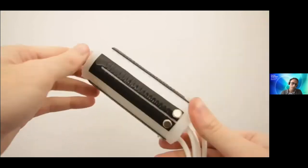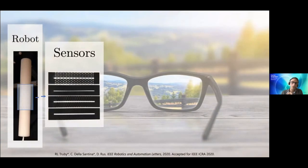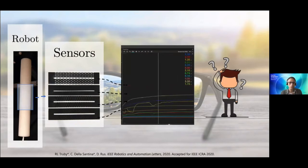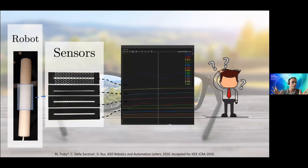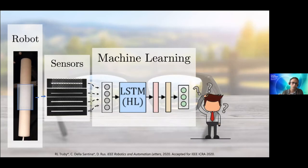It has a characteristic resistance that is proportional in some way to the deformation. So let's think about adding these sensors on the robot. That's the big question, because these sensors are pretty cool for several reasons. They're very robust and very cheap, but on the other hand, they have a super non-ideal behavior. It's very non-linear, with a lot of hysteresis and variables that are difficult to model and to observe. When you find yourself in this condition, often the answer that comes to mind is, okay, let's try some machine learning. But still, this is not a simple solution to implement,